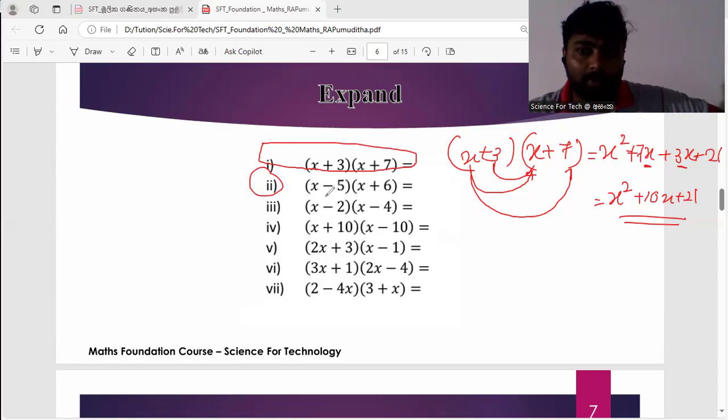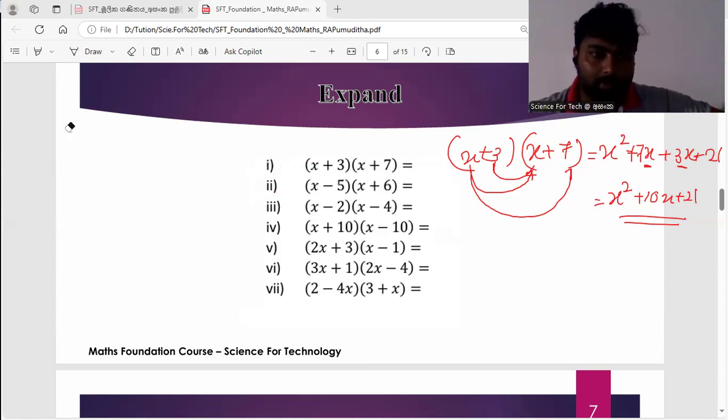When you have a minus sign, you have to be very, very careful. Okay, you have to be very careful. I will give a summary like this. When you multiply minus 1 by minus 1, it is plus 1. Okay, when you divide minus 1 by minus 1, it